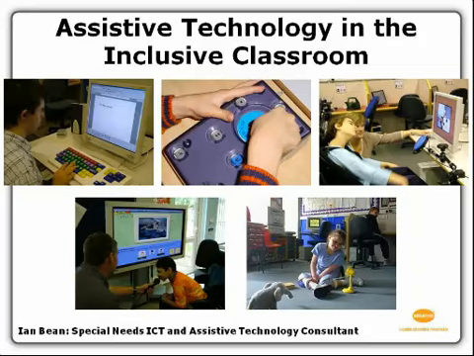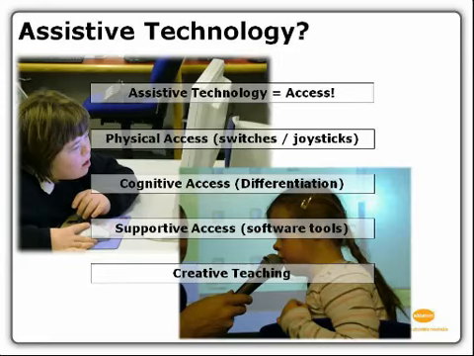I'm going to move the slide on. I'd like you to have a quick look at this slide. For me, assistive technology breaks down into three key areas, really, and that's physical access, and that's by and large the devices themselves. So by physical access, we might mean things like switches for people who have limited movement, joysticks, roller balls, touch screens, the kind of equipment that you're used to seeing in classrooms of people who have